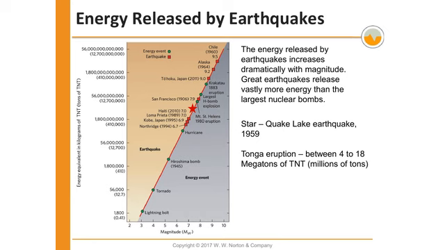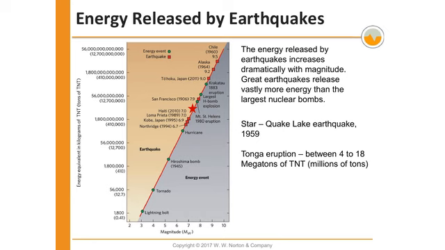In this slide, we examine the energy released by earthquakes and how it compares to other energy events. The graph on the left illustrates the exponential increase in energy release as earthquake magnitude grows, showing great earthquakes close to magnitude 9 or higher, releasing far more energy than the largest nuclear bombs. For example, the Chile earthquake in 1960 and the Alaska earthquake in 1964 are marked at the energy scale top,